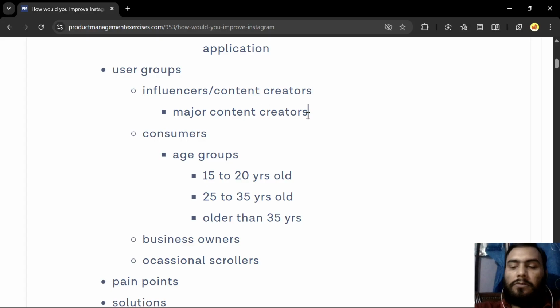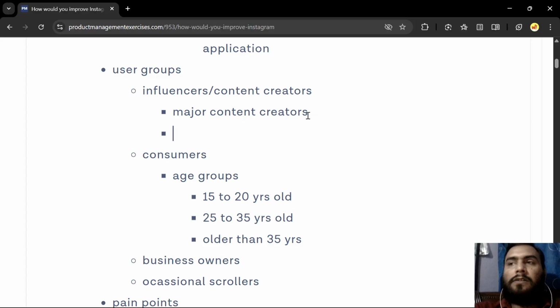So most of the content that we see, they are the contributors, because Instagram is just a platform. They do not create the content. People create the content and users consume the content. It's just an intermediary. So they are the major content creators, of various industries.